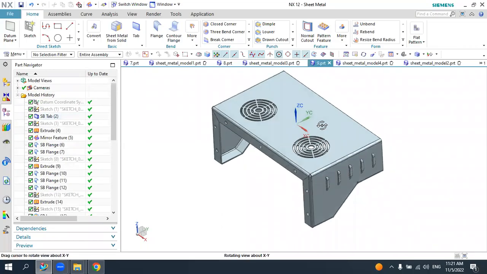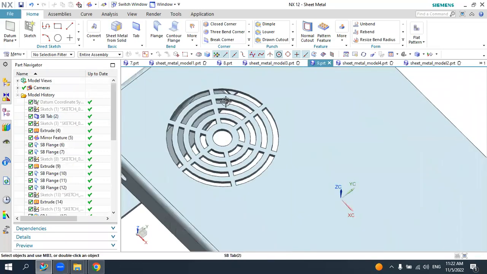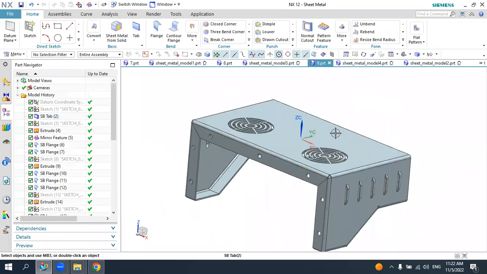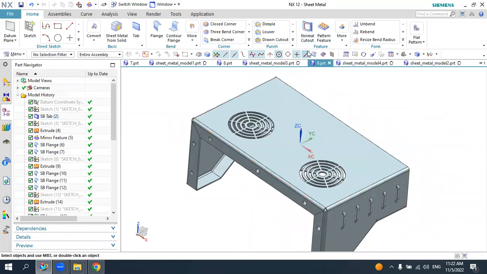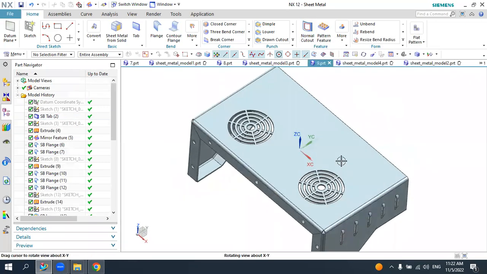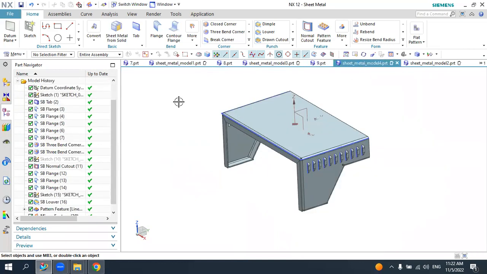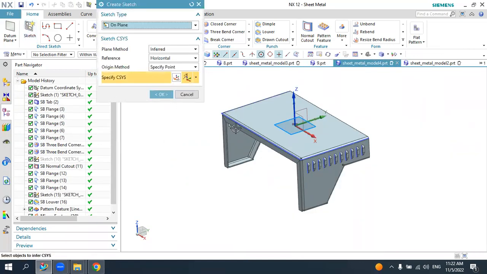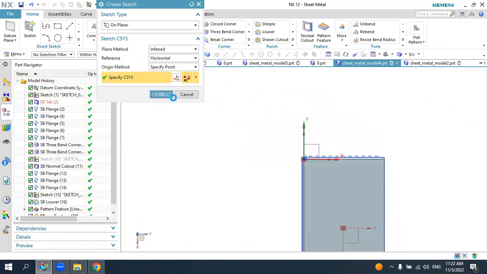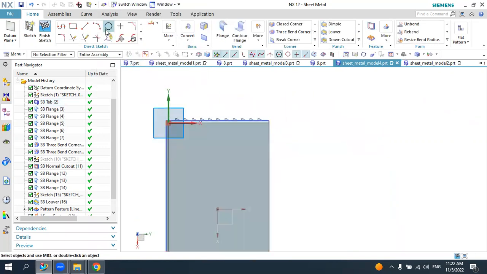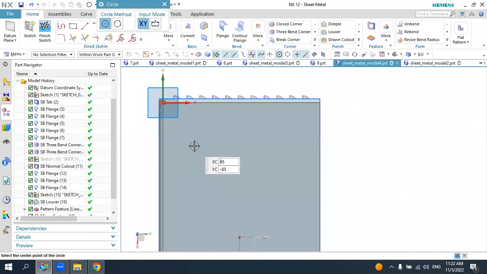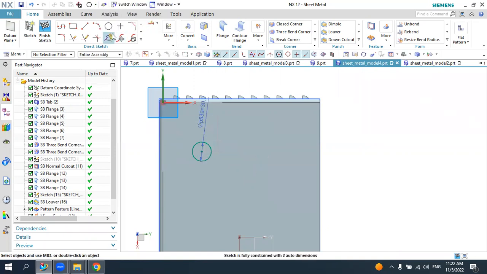So here to create this kind of feature on the top surface, we will use the normal cutout element here. Before it, you need to create the sketch of this kind of sketch. So here select the sketch, select the surface here, press OK, and here select the circle and draw the circle. Let's draw the circle with a diameter of 30 millimeter, and let's